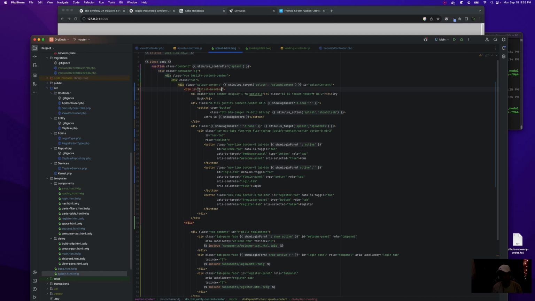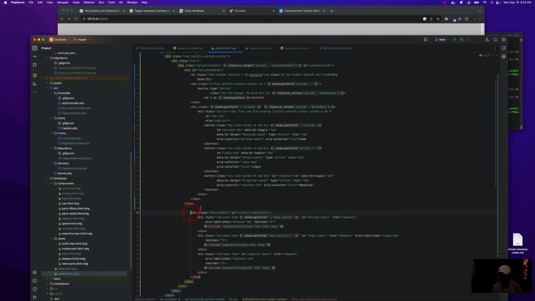Sure. That makes sense. Not really following my naming convention. Splash heading. So we're just going to hide this entire part.